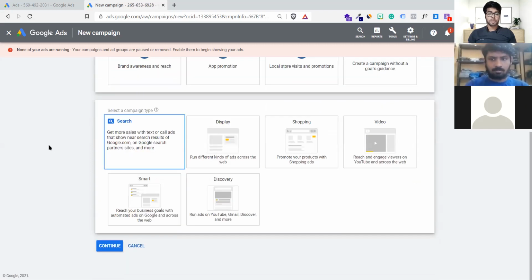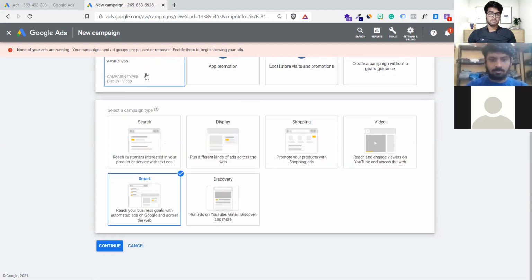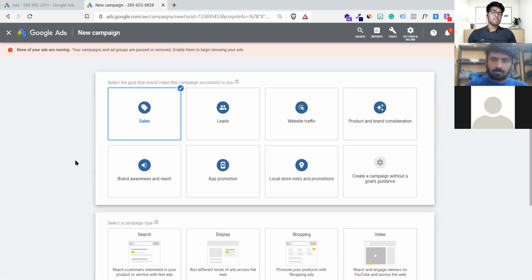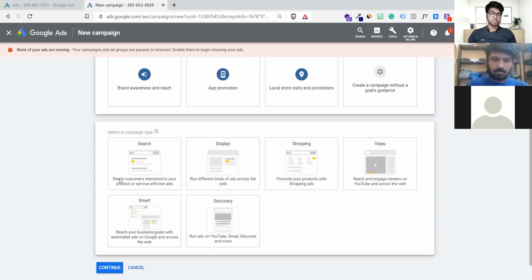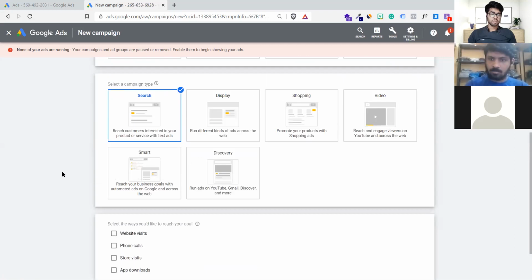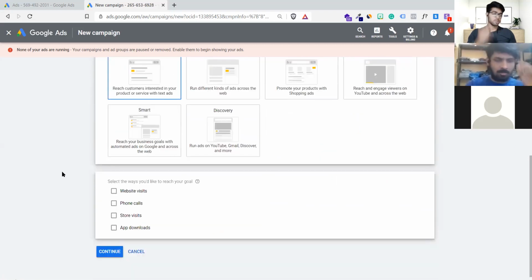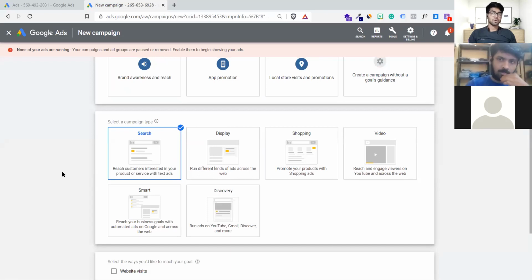The moment we click on our search campaign, let me just click it. Before creating any campaign, we should know which goal type and which campaign type would suit the business, and which stage they are in. We should analyze and then click this, right? Absolutely, yes. Generally, we start from the search campaign, because search is one of the most result-driven approaches in Google Ads.